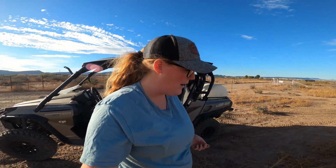Now you may have noticed that the trailer is no longer attached to the ATV. Josh and I do actually rent a little laundromat shed at a local RV park where we are renting a space to store our washing machine and dryer, and that is where we wash the bulk of our laundry. We do small loads like towels throughout the week, or 1 or 2 articles here, but it is a lot more water efficient for us to go into town to wash larger loads of laundry